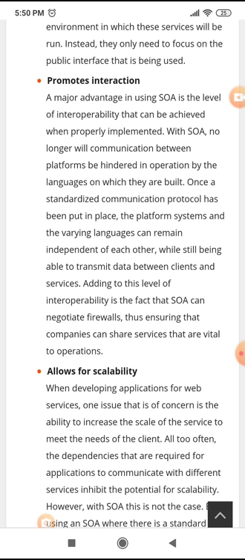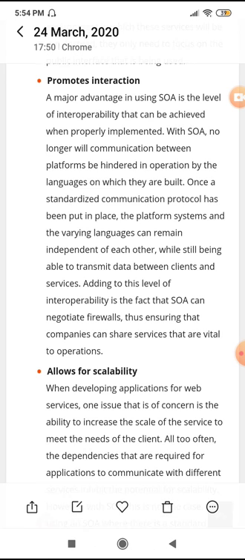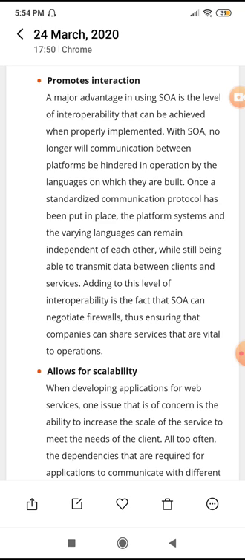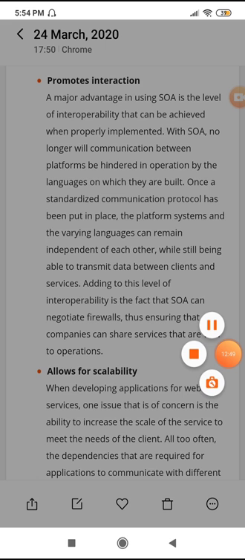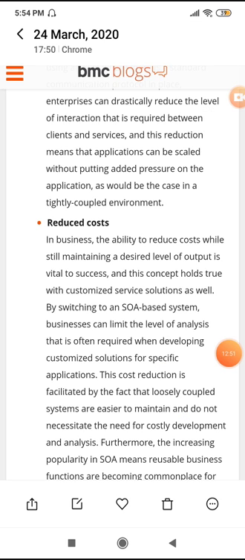All too often the independencies that are required for the applications to communicate with the different services inhibit the portion for scalability. We have to understand the requirement of a client and we have to implement it. If a system is not scalable, it is not possible to add a new module. So that is allows for scalability. The next one is reduced cost.